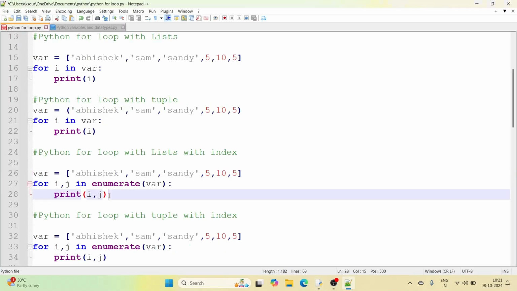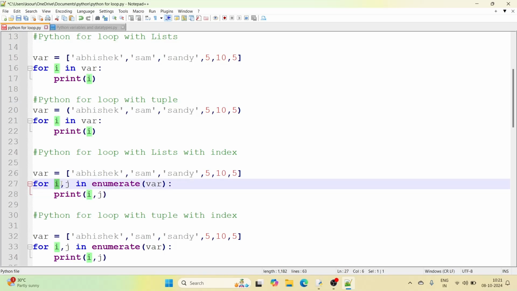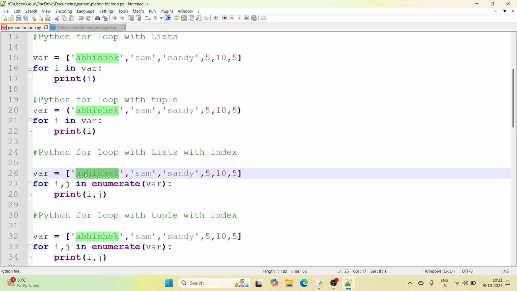Now to print the index and the value, you have to pass the variable in the enumerate function. What the enumerate function does is, whatever list you pass, it saves the index as well as the value of each list item. This list starts from the zeroth position, so it saves in the form of index comma value.